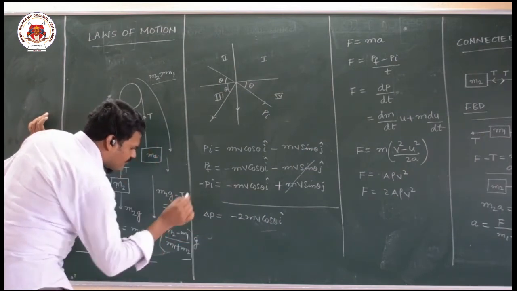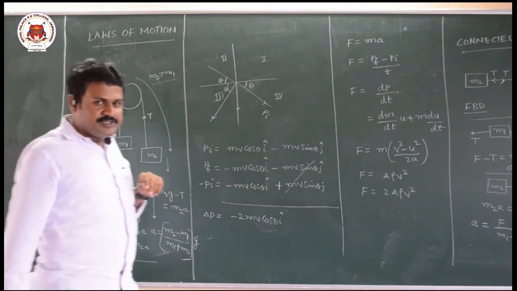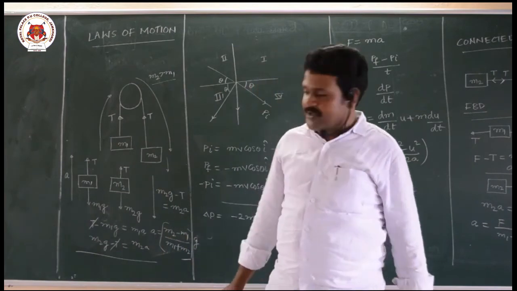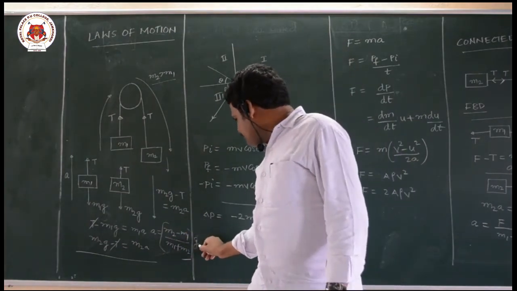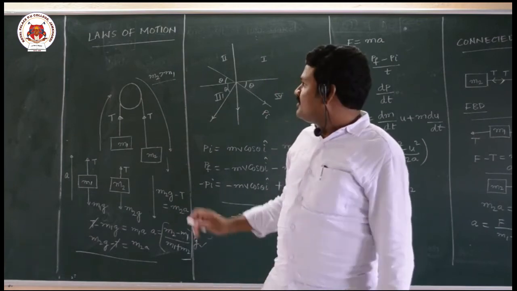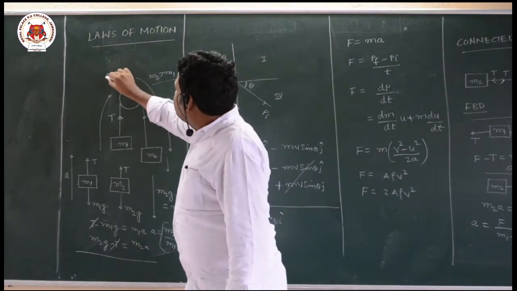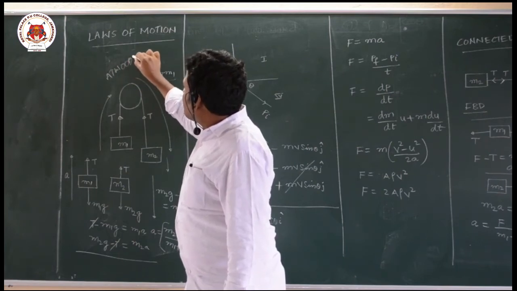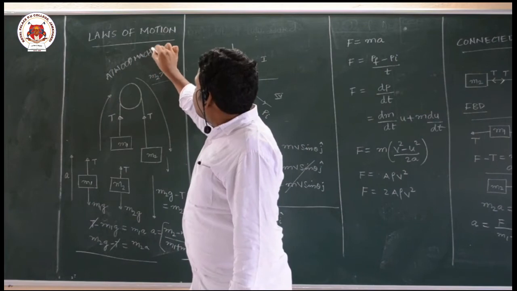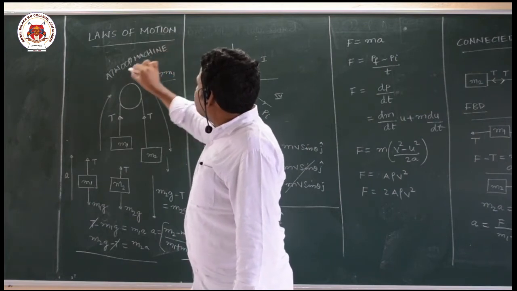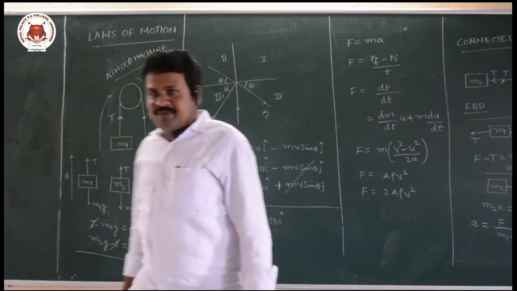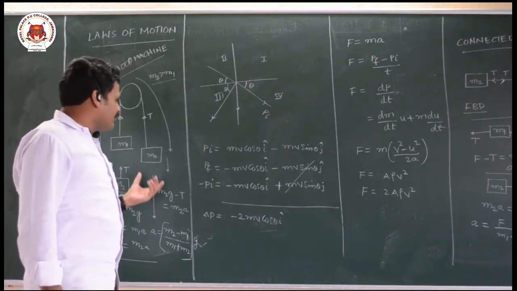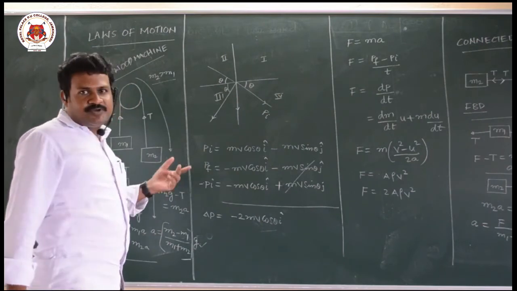The same formula is used. There is one problem in your NCERT textbook which was recently asked in the exams. By using this formula, within one step you will get the answer. And this arrangement is called Atwood machine. And this is how you have to apply Newton's second law. Like this, there are many connected bodies. So the remaining cases you can go through in your material and apply the same principle, you will get the answer.